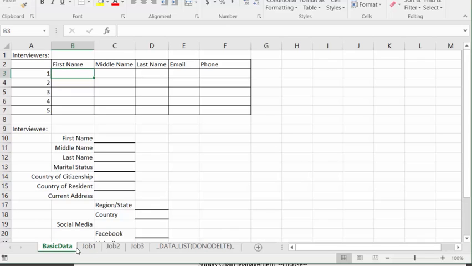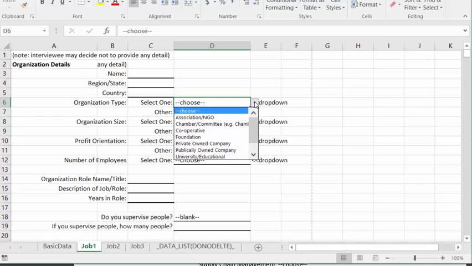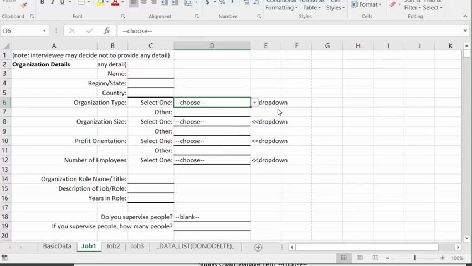Now, if you look at the Excel sheet, as you're interviewing the person, you'll be filling in the details. Right? So on the sheet, anytime you see "choose" with the dash, it means it's a drop down. And what I would ask you to do is to go through this before you actually start interviewing. Go through it yourself. And I'll ask you to hand in what you, maybe your last job or where you want to end up, fill it in. Even if it's an imaginary job, you can say, well, I went to work at, and I believe a lot of you have done internships, so you can pick your last internship. You can fill it out so you are aware of what's going on.